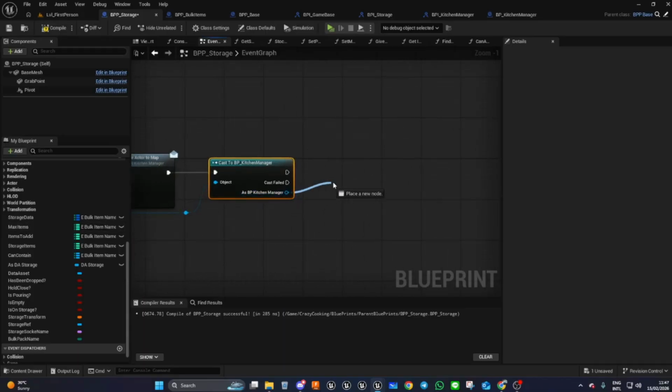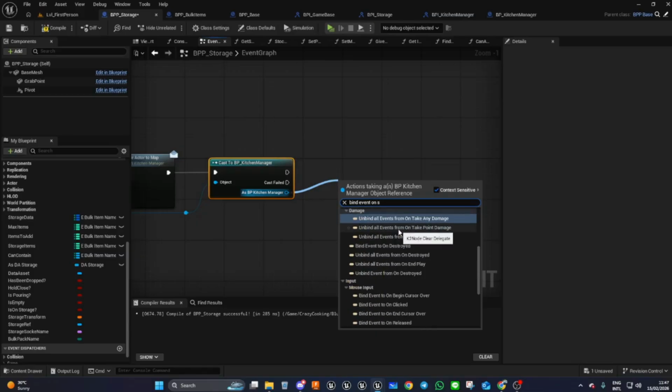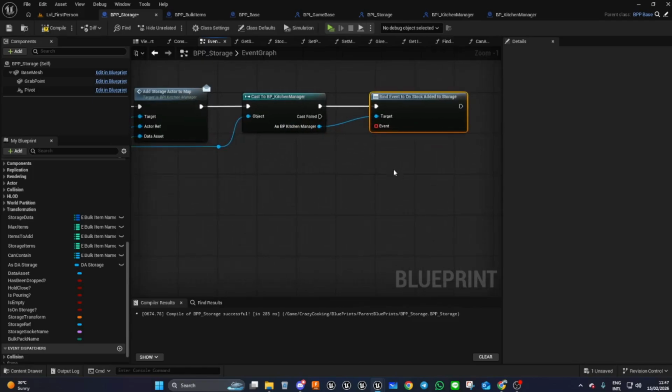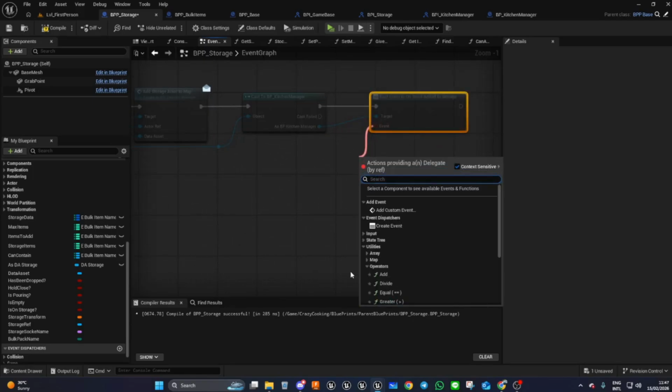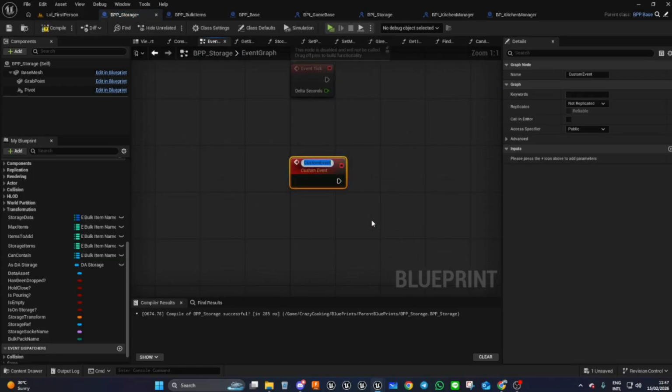So from here then we're going to say bind event to on stock added to storage, like so. Okay, going to want an event. So we're going to create an event, select the function, create a matching event, and I'm going to call it update stock. And I'll explain the reason why I'm doing this in a minute,